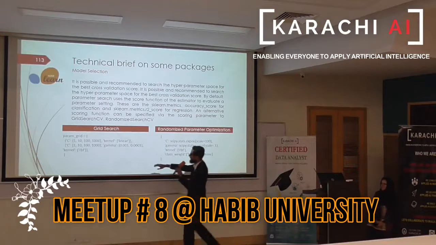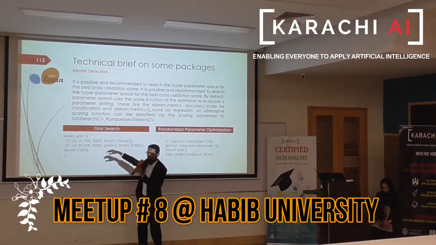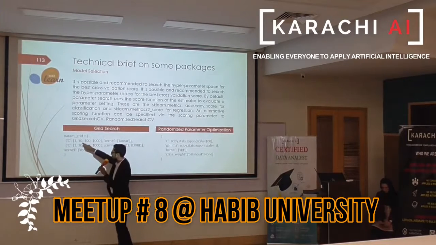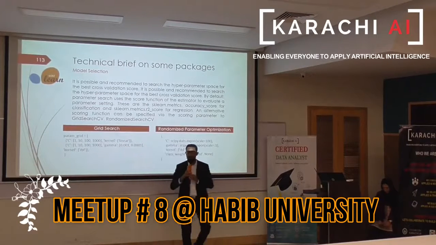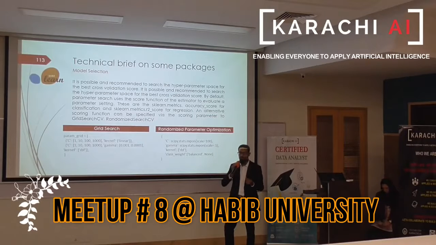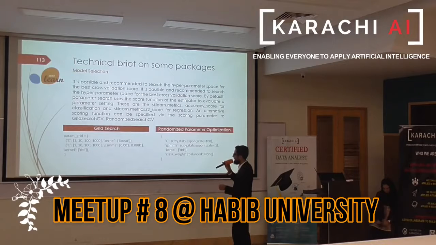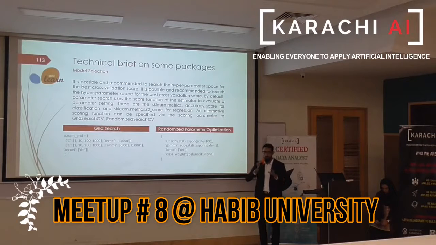تو what it does is that کہ وہ ہر کمبینیشن کے لیے، for example it will consider C to be 1 and kernel to be linear، یہ کمبینیشن پہ ماڈل کو لرن کرے گا، then it will apply C equals to 10 and then kernel equals to linear، دوبارہ ماڈل کو ٹرین کرے گا۔ And then basically وہ ایک لاس فنکشن کو یوز کرتا ہے، اس کی بیسس پر ڈیسائڈ کرتا ہے کہ which hyperparameter is the best one for you۔ For example جب 1 اور لینئر کو اپلائی کیا تو 0.6 آیا، اور 10 اور لینئر کو اپلائی کیا تو 0.8 آیا۔ تو it will choose، اگر لاس کی بیسس پہ بات کریں تو 0.6 والے کو چوز کرے گا اس کمبینیشن کو as the best hyperparameter given the data I have at the moment۔